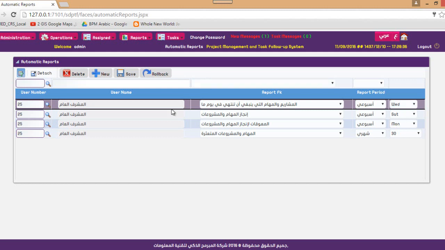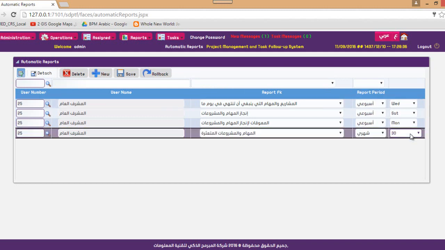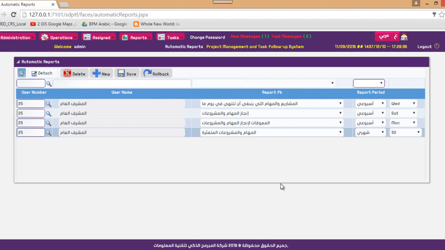So in this screen, I can mention who's going to receive the email, which report, and what its period is, whether it's daily, weekly, or monthly. For weekly, you can even mention which day exactly, and for monthly, you can select which day exactly to receive the report. So this means we have some sort of automatic reports.